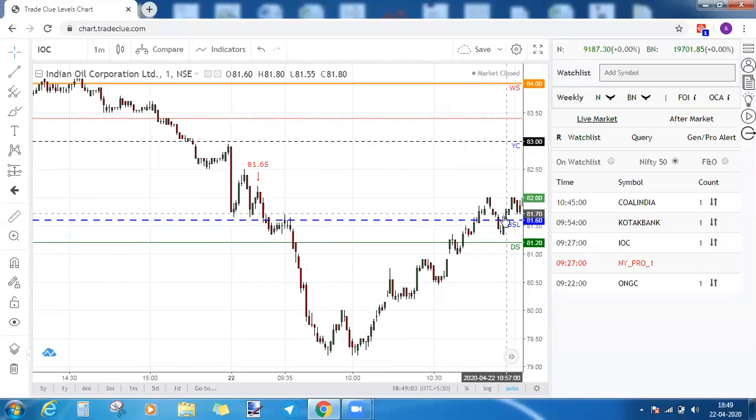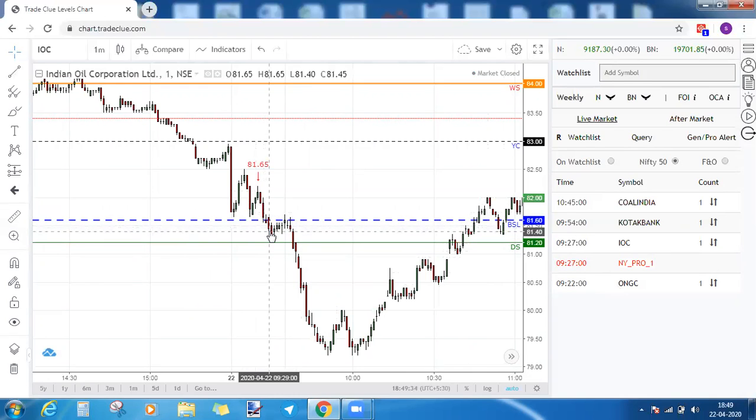Then this is the BSL line, a very important line where there is a huge participation of buyers and sellers. So heavy trading activity took place at this place. So this was the first test, second retest, and then at the third time it broke the price. Whenever it broke the price at 9:27, you got an alert from the system. And had you entered here, this would have been your stop loss.